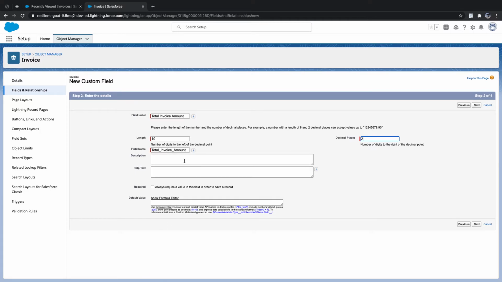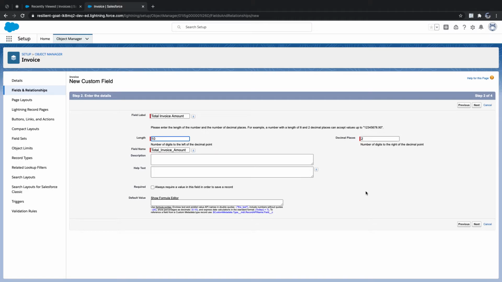So 10 digits is the length and 2 are decimals. The total length of the field always should be 18 characters. Now the total length of this field is 10 plus 2, 12.